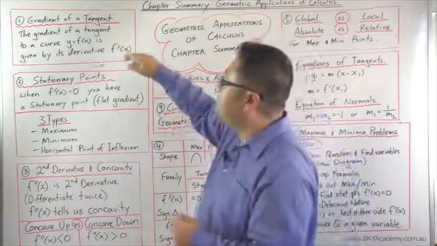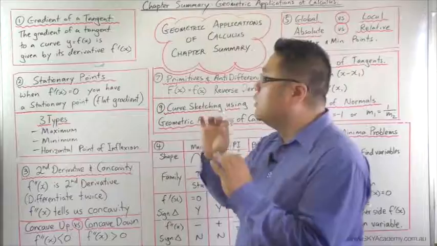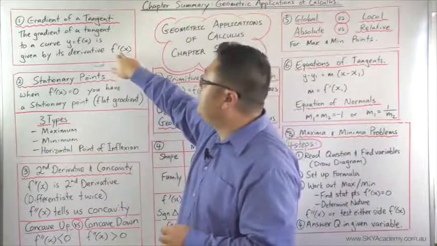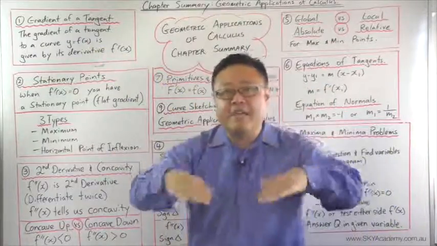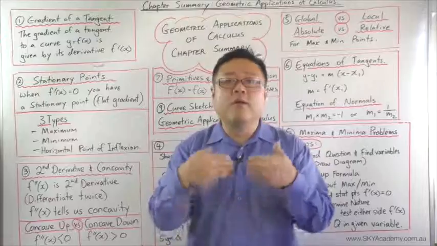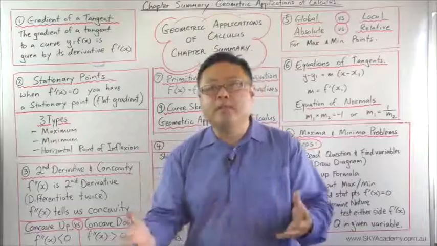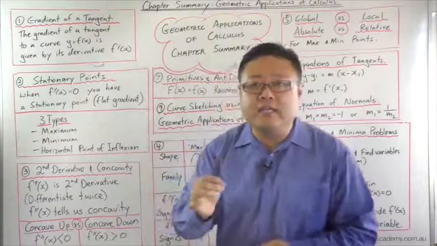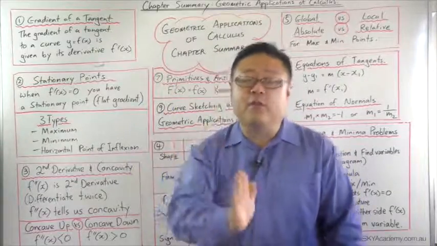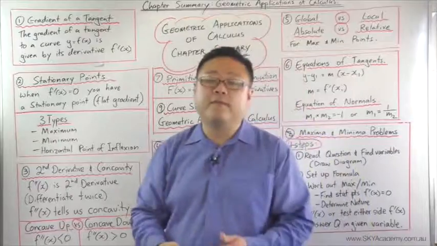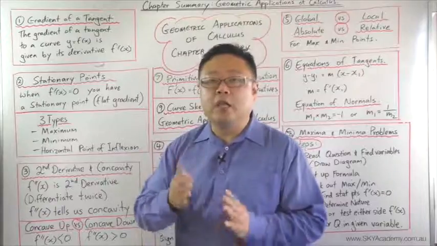All right, so we started off geometric applications of calculus by looking at the fact that the derivative f dash of x of a function gives us another function, which is what we call the gradient function. Yeah, so the derivative gives us the gradient function. Now, what is the gradient function? It basically is another function that allows us to find the derivative, or the gradient of the original function f of x at any point along